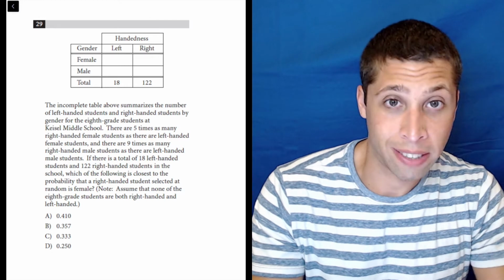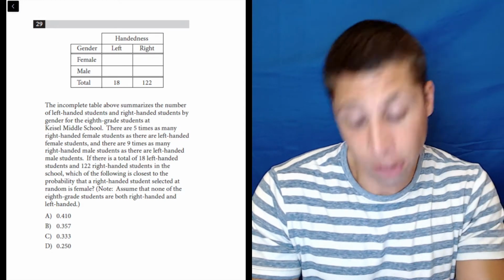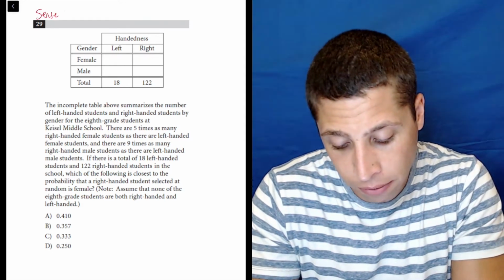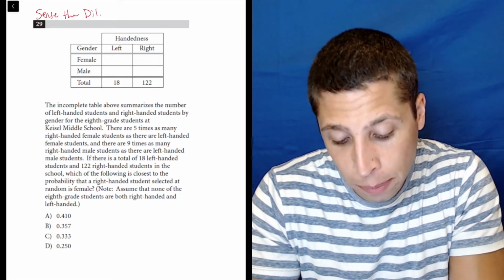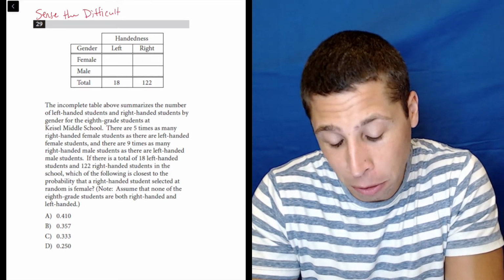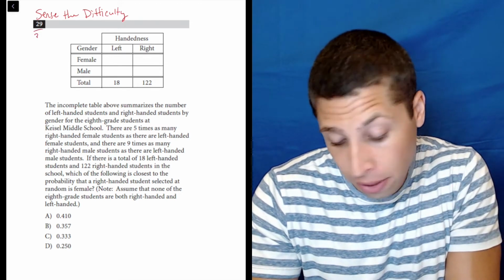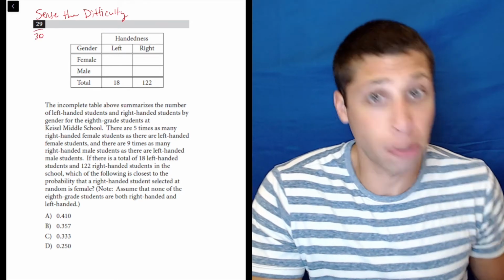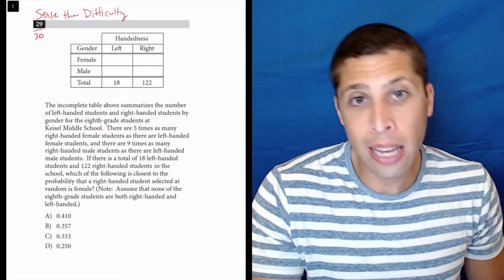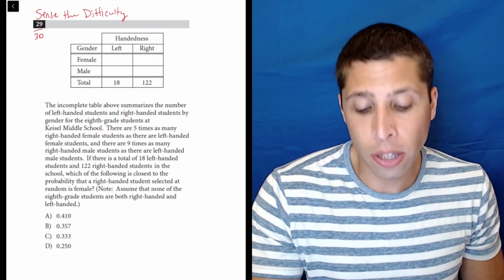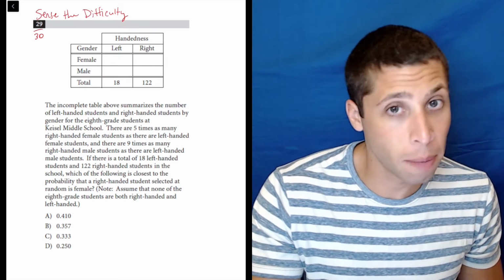This question is crazy. And I'll just say the best strategy here for most of us is going to be to sense the difficulty, to know that it's going to be hard, which I don't think anyone would be confused by, just looking at how long the question is, but also that we're at the second to last question in the section. This is supposed to be a hard question, so if you are running short on time, you need to know that this is going to be hard and it's going to be time consuming